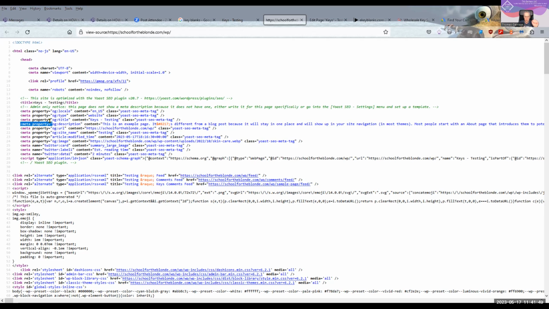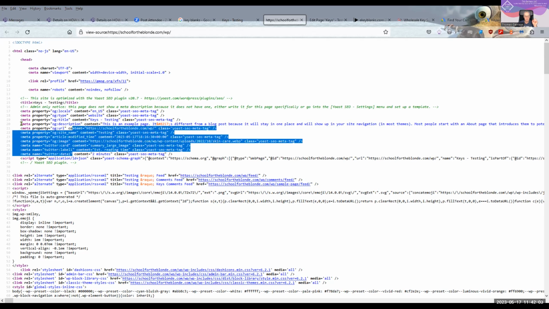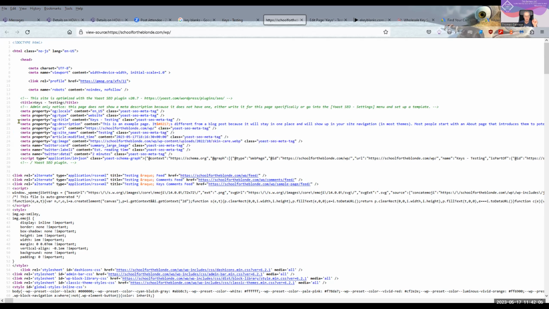So you should never have to deal with or create a meta tag. And each one of them will have a different name. Here's your description. The meta tag description has the word description in it.